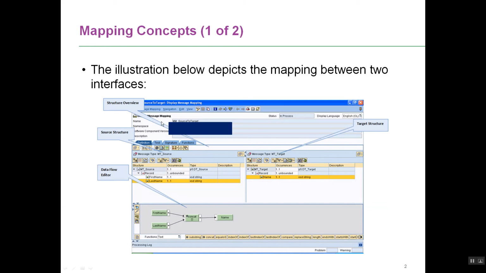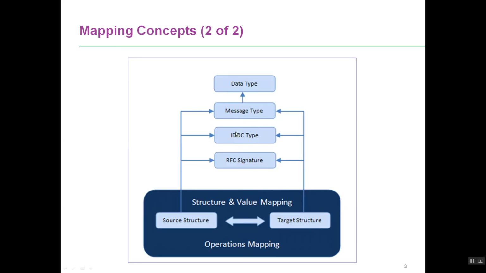Okay, we've already seen graphical mapping pretty much. How do we do graphical mapping? We define a new mapping, we use a source structure here, we provide a target structure here, and we do all our mapping. Right? A graphical mapping, or typically any mapping so far, always deals with a message type. So you would either use a message type, or you would use an IDOC or an RFC as the input signature. So what that could mean is, all the structures that are defined are either a message type or an IDOC type or an RFC. You can also use an external definition.